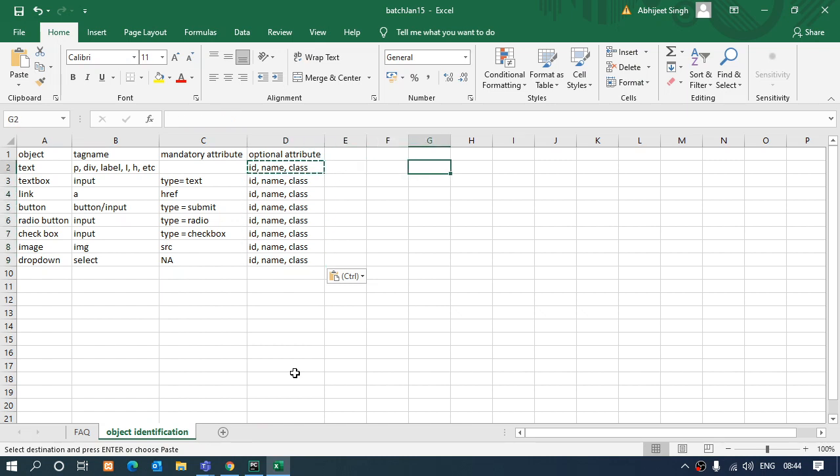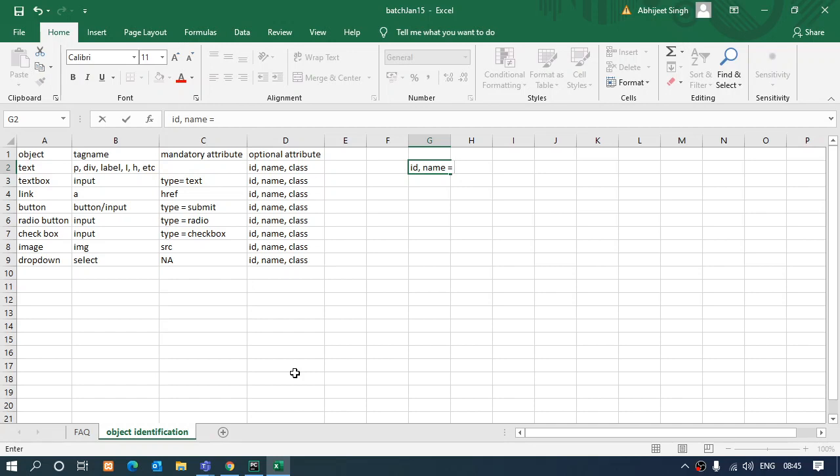Okay, now why are these three only the main ones? So the id and name, these are such the attributes which, once they are assigned to some variable on a page, are not going to be shared with another element. They will be unique on the page. So if you have to identify a single element on the whole web page and that element has the optional attributes id or name, you can simply go and extract it.